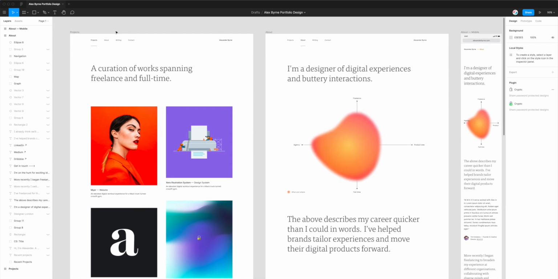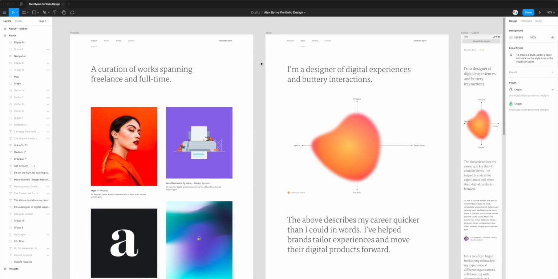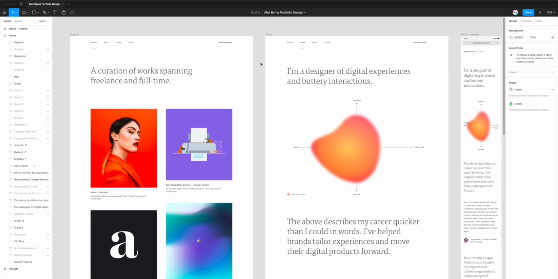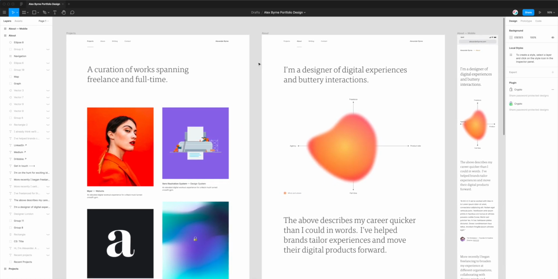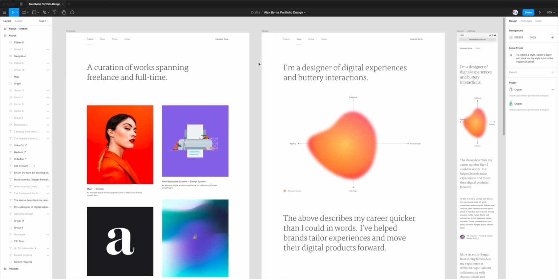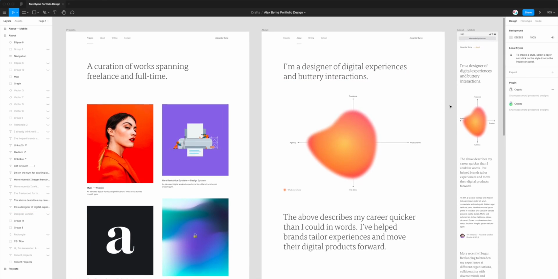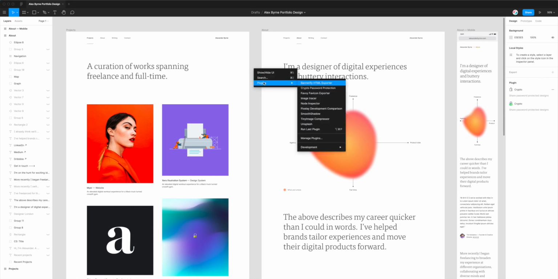I'm using a freelance website design from one of my friends, and I basically want to share this design with other stakeholders securely, and I want to be able to do that by adding a password. The people I want to share it with might not actually have a Figma account, and they might just want to look at it really quickly using a link and not have to sign up to Figma and create a whole account. So if you just right click and go to plugins and go down to crypto password protection